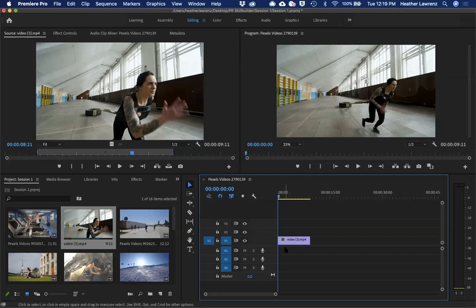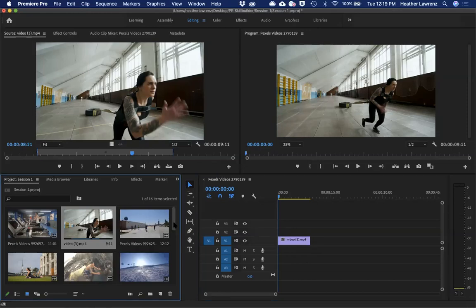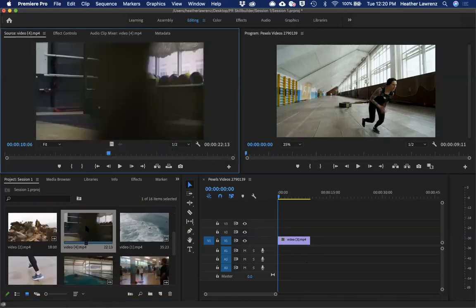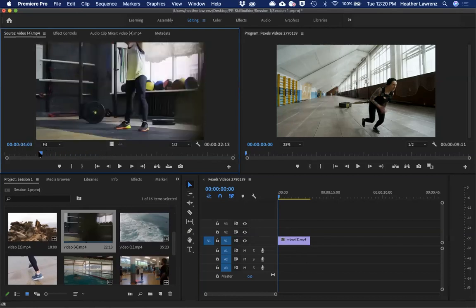So that's a look at just basic in and out. So let's go ahead and keep building the sequence, and then we'll go through our tools here as well. So let's see, this is a cool clip. So again, just double clicking it, and I can move this, and it looks like,